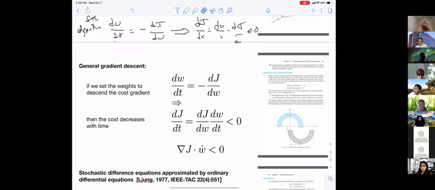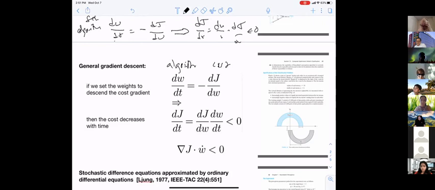So again, remember dW/dt, this is your algorithm, and this is your cost function. The algorithm is to go in whatever direction causes your cost function to decrease. It seems pretty basic, right? If you want to get to the bottom of something, walk downhill, and sooner or later you'll get to the bottom. So if you set the weights to descend the cost gradient, then you will always have